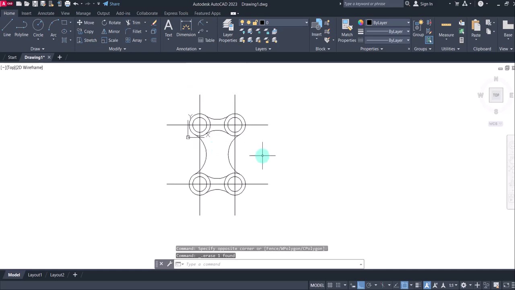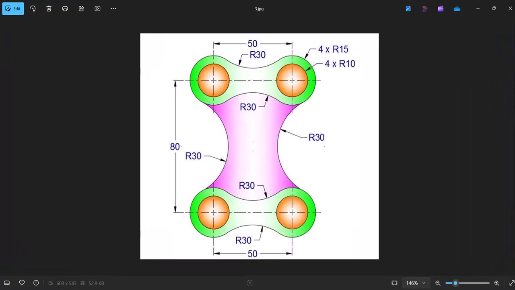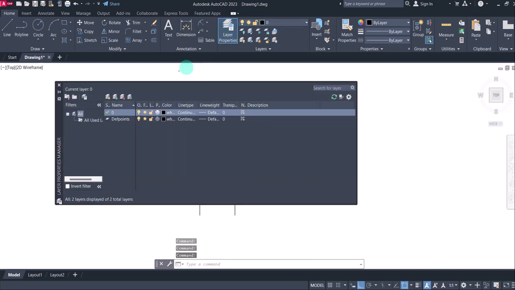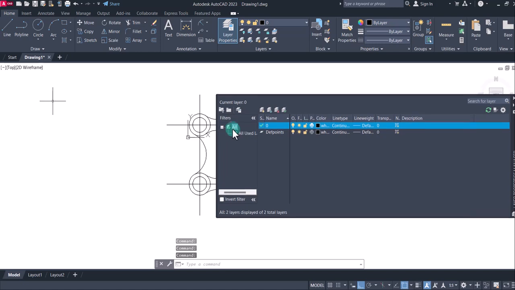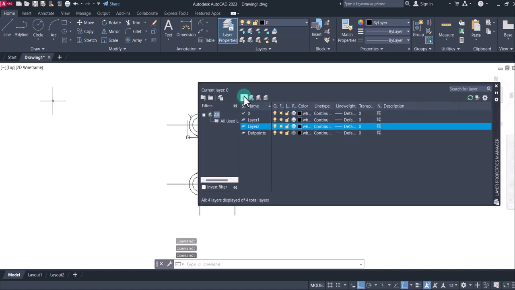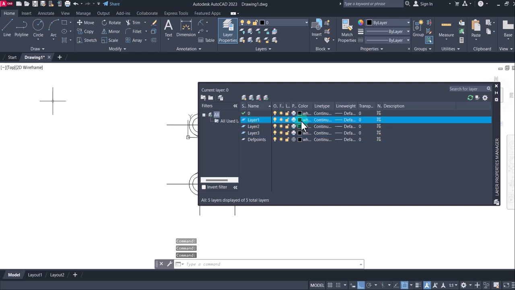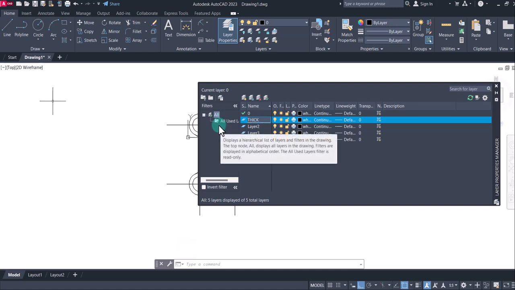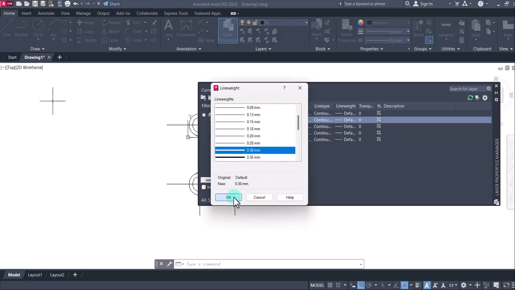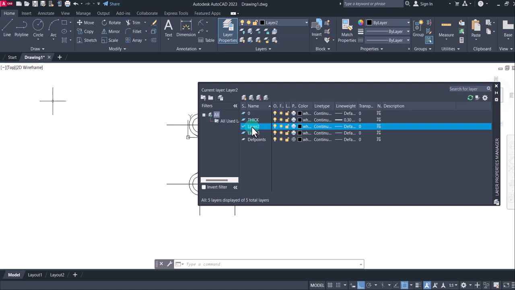Okay, now the next thing I'm going to do is apply layers. With layers, I can now give the type of line. So I go to layer setting, then I choose new layer. Okay, let me make it 3. Then okay, so for this, let me name it thick line. Okay, line width. Let me increase the line width of this to 0.3. Then another, let me rename this as